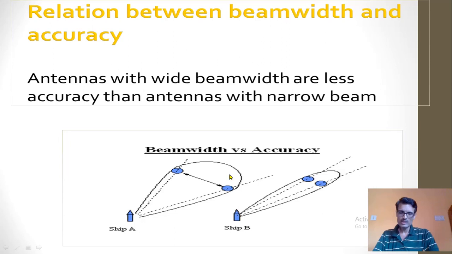Now, what is the method used by these tracking radars to get the error signal? Some error signals are required to decide in which direction the antenna has to be rotated and to track in that particular direction. Before going into that, as I told earlier, the beam shape should be a pencil beam, because it has to track a few targets in a particular direction, not searching. Searching radars will have a very wide beam width. Tracking radars will have a very narrow beam width to provide high accuracy.